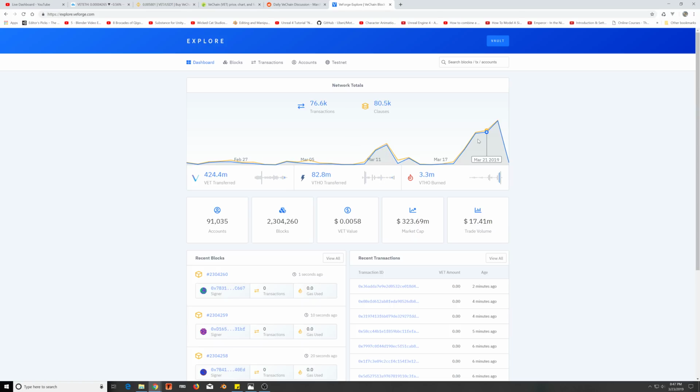It gives you the Thor burned, the clauses, the transactions, okay? And look at this thing, I mean, it's just burning up. It is Mount Everest here compared to all the rest. Tremendous here on this day, which was March 20th. 2.9 million VThor burned. VThor is the gas that's used for the transactions. It's the transactional cost, okay? So the next day, the 21st,